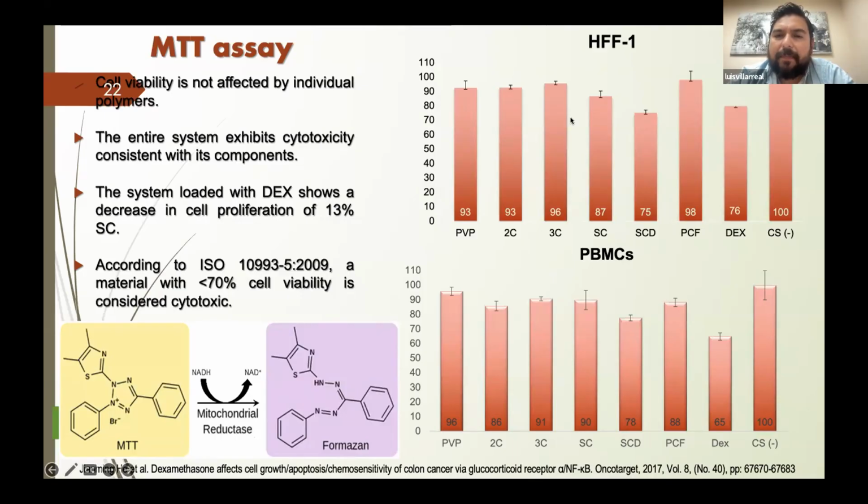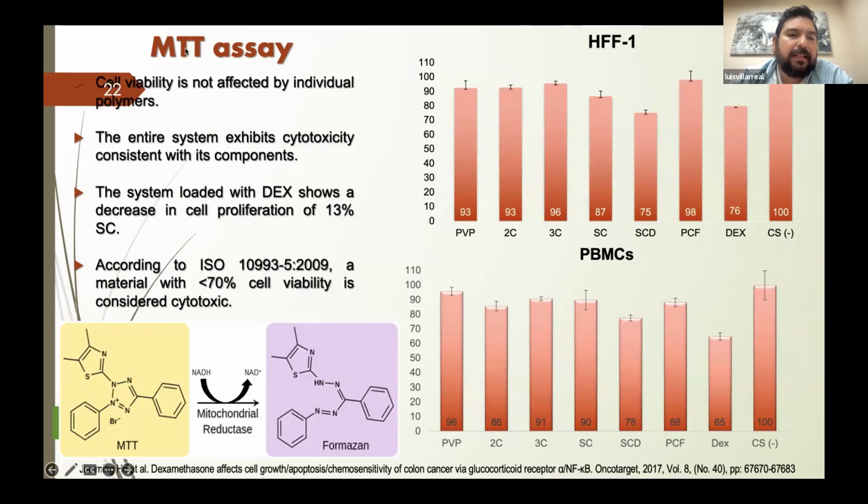But in all samples, we have an adequate cytotoxicity for both cell lines. We use the MTT assay for this test, and in this assay, we test the mitochondrial functionality in cells by evaluating the effectivity of the succinate dehydrogenase enzyme that is located in mitochondria and is useful in the Krebs cycle to produce energy. In this case, we add a dye known as MTT